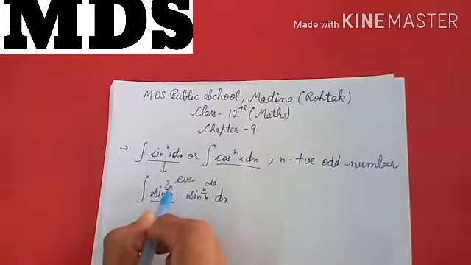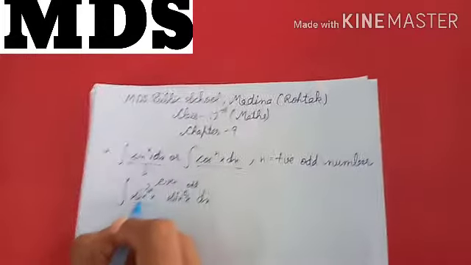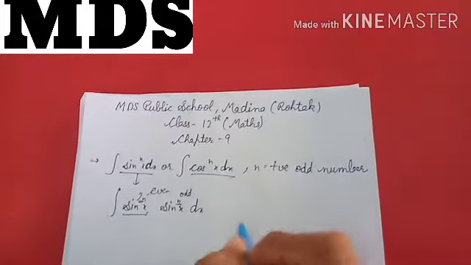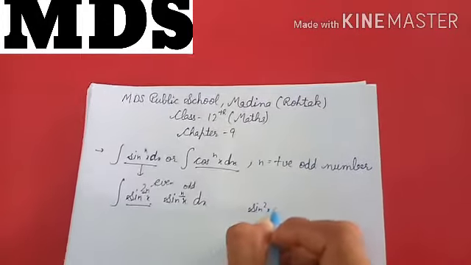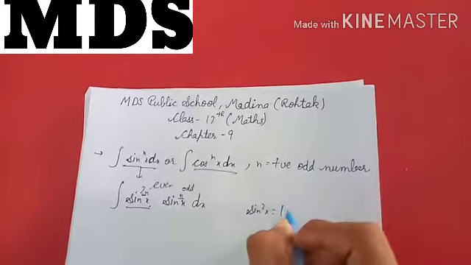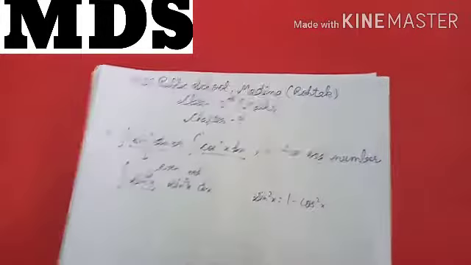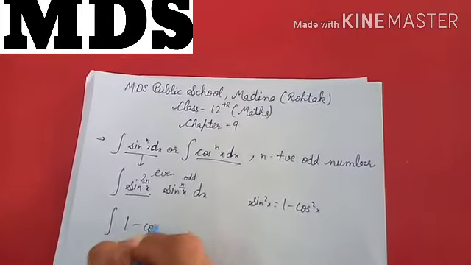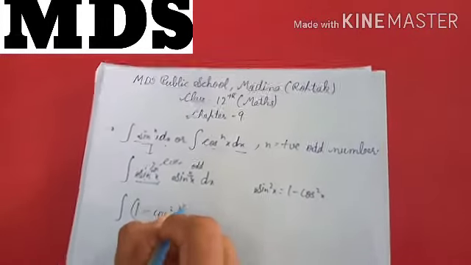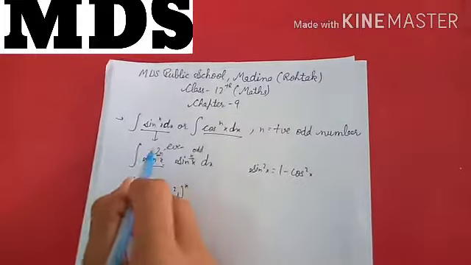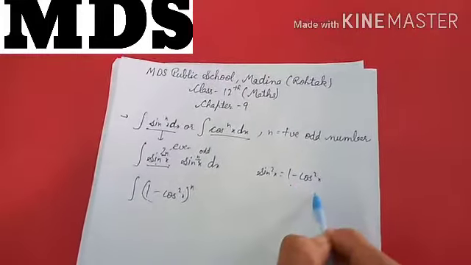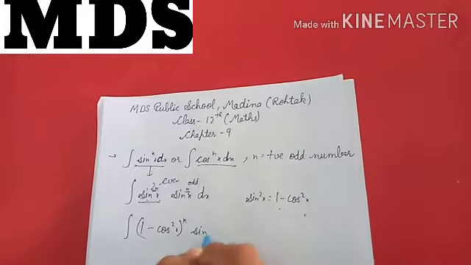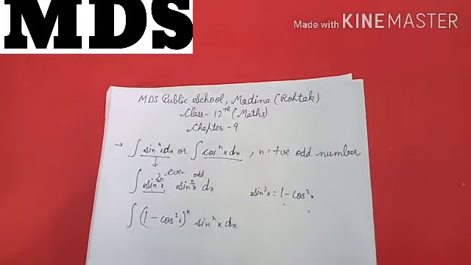now, we can replace this with the identity that is known to us, that sin square x is equal to 1 minus cos square x. Okay, so what I will get here is (1 minus cos square x) raised to power n, because from the square of sine we got this, n is remaining, that will be its power, into sin x dx.